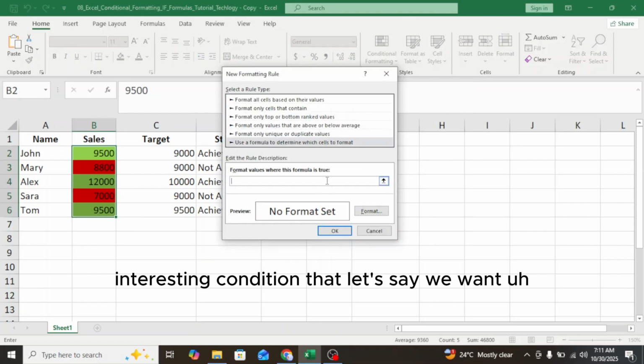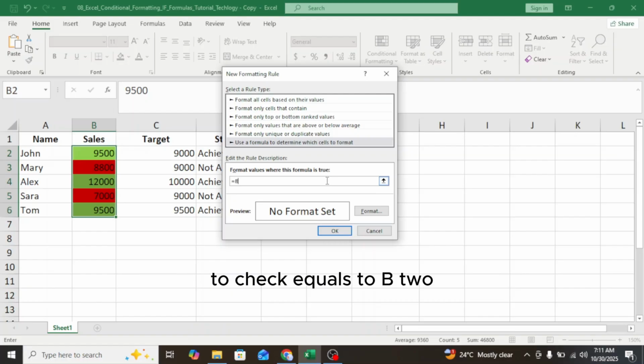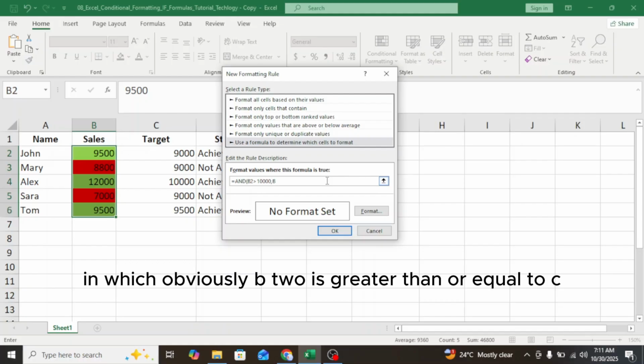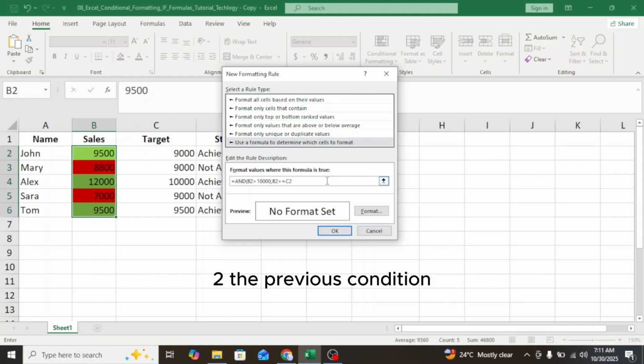Let's say we want to check the top performers: those values which are simultaneously greater than 10,000 and in which obviously B2 is greater than or equal to C2, the previous condition.